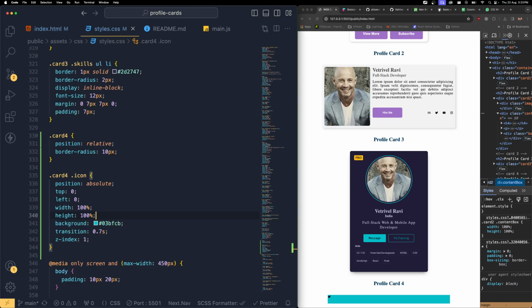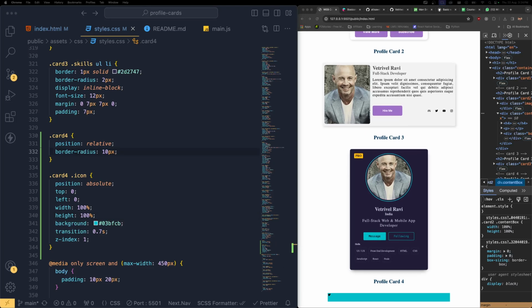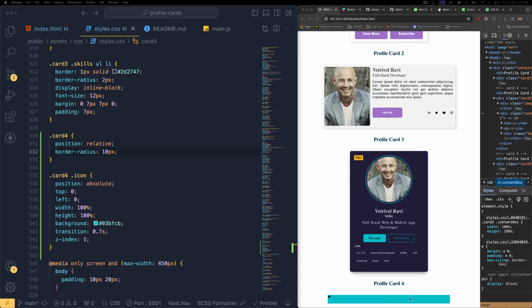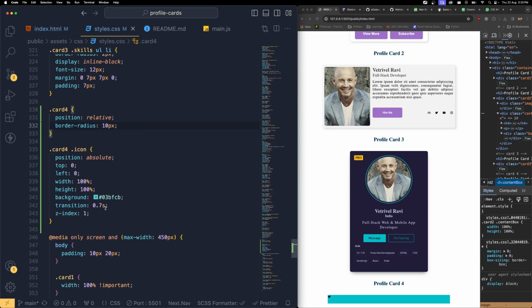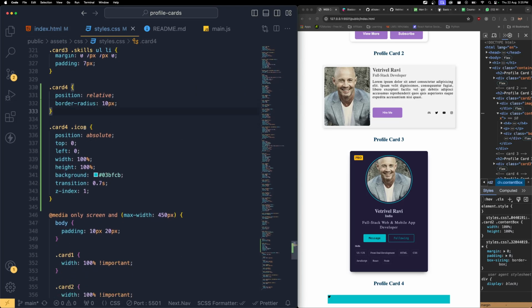So what we have to do is, you might wonder why it is looking like this, what about the height and width over here? We directly focused the icon which is inside the face. So we have to finish the styles for the face first, right? So what I'm going to do is, let's say dot face,